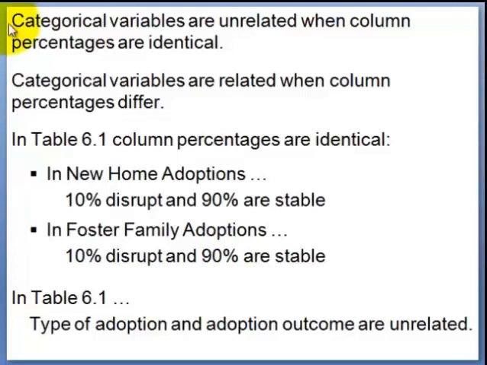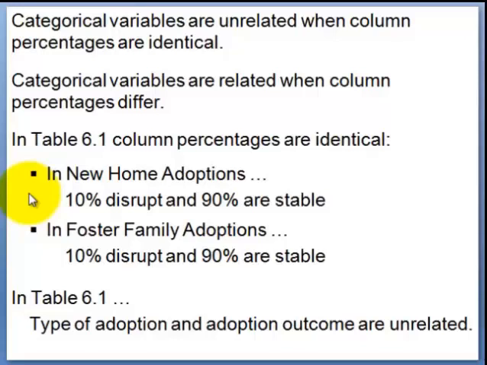So then, how do we assess relationship? Two categorical variables in a contingency table are unrelated when column percentages are identical. On the other hand, two categorical variables in a contingency table are related when column percentages differ. Now we'll go on in the next slide to take a look at table 6.1 again, but in table 6.1,